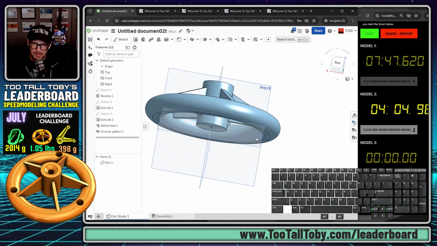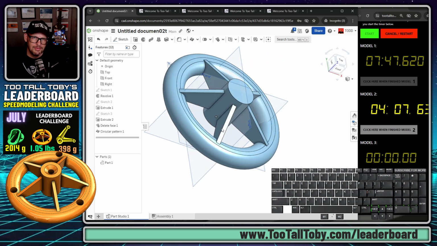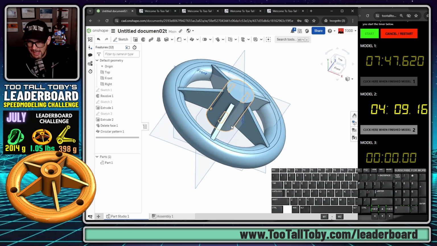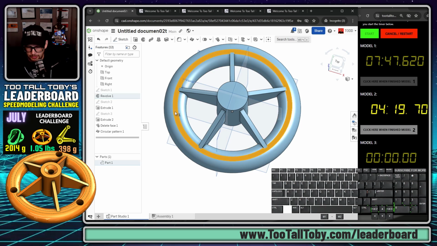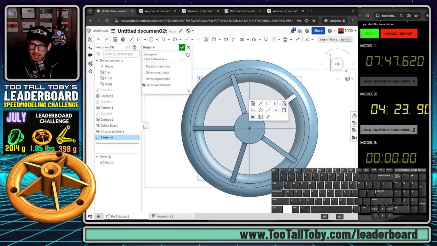Everything's going to overlap and kind of merge together, and that certainly works. You don't have to do a feature pattern for that one if you do it in the same order that I did it here. So now we need to add our cut hole into this thing. And we could do this with a sketch, or we could do it with a hole feature. Either way will work. So I'll pick this face, begin a sketch, orient my view, and then I will create